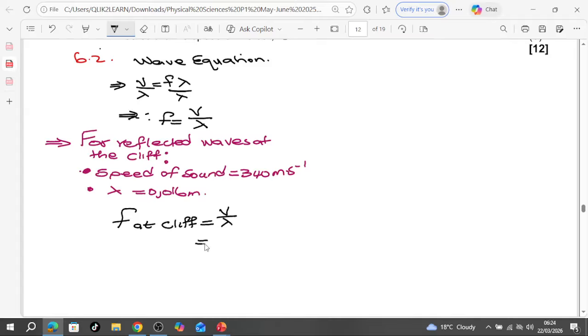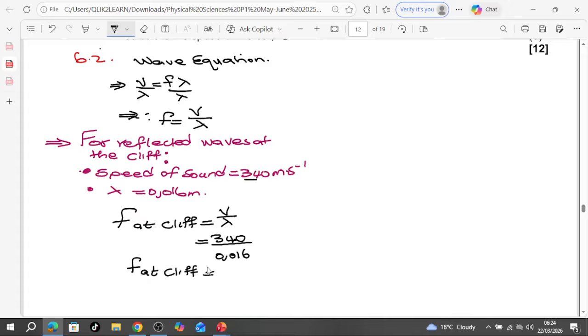Now when I substitute, V is 340, divided by 0.016. Please punch that on your calculator. Therefore, we'll find the frequency at the cliff to be equal to